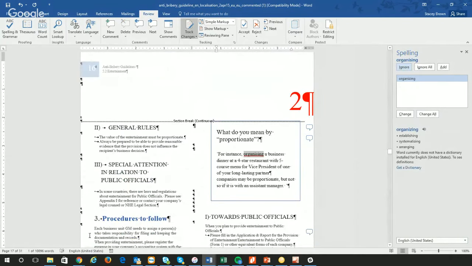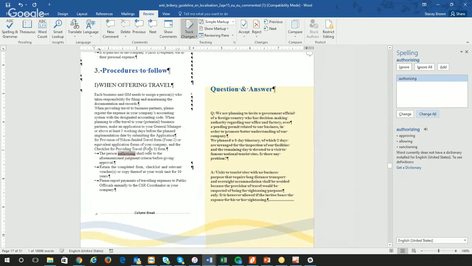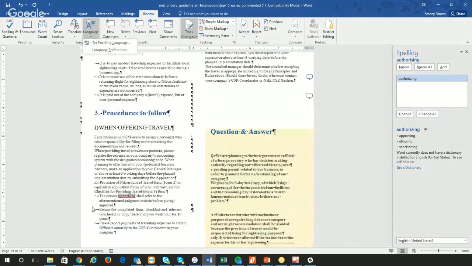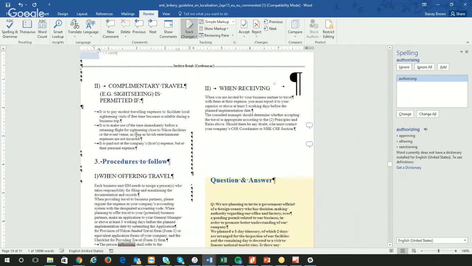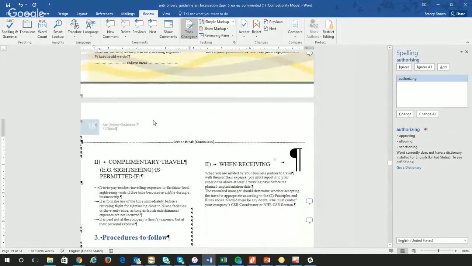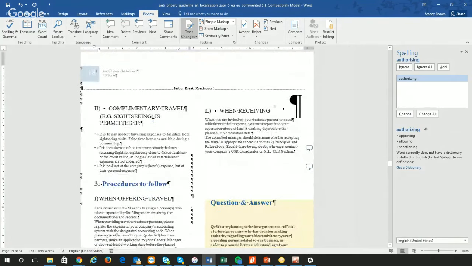But obviously this was not in US English. It was written in probably British English. So change all is really great. Doing a search and replace is really great. The point is, make sure that the proper language is set up and that you're running your proofreading in the proper language and that you're using spell check. That is going to save you a ton of time and give you a really good quality output when you're proofreading.